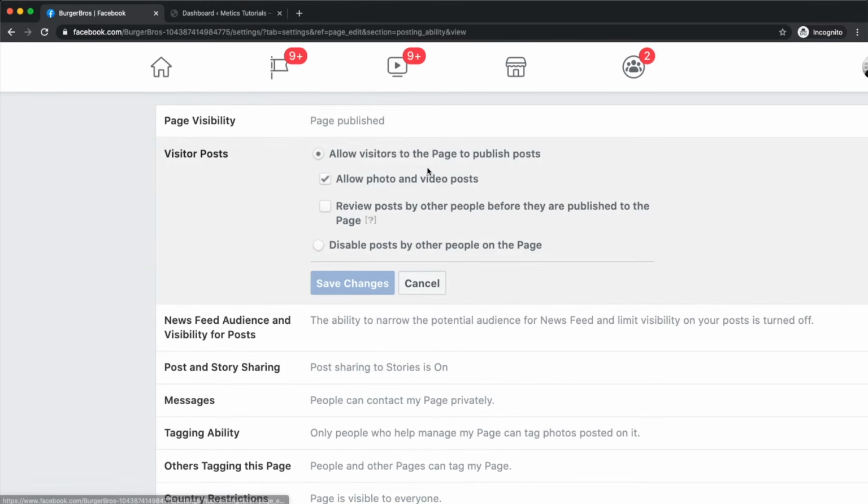Then for visitor posts, this basically means that people are able to post things on your Facebook page, which might make sense. Maybe for this example, a restaurant, I want people to actually take pictures in my restaurant and then post them to my Facebook page. Maybe I can also encourage them to do that so that I get a higher reach, and friends of the person who actually shared the post will be able to see my restaurant